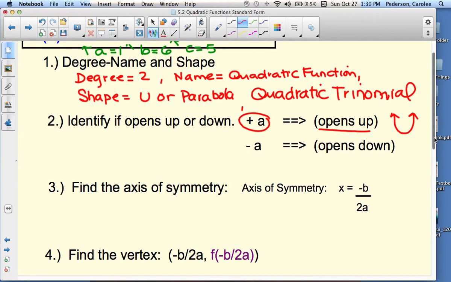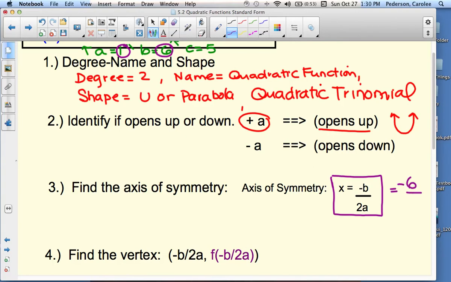Step 3 is to find the axis of symmetry. Where is that line of symmetry? So we're going to use a formula every time: x equals negative b over 2a. Some teachers also call it opposite of b over 2a. You can say it either way. So where we get these numbers from are from up here. Here is our b, and here is our a. So we say